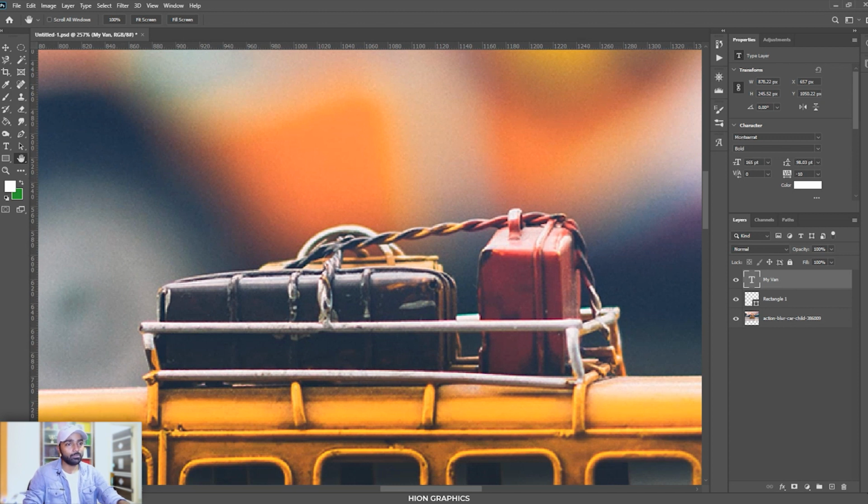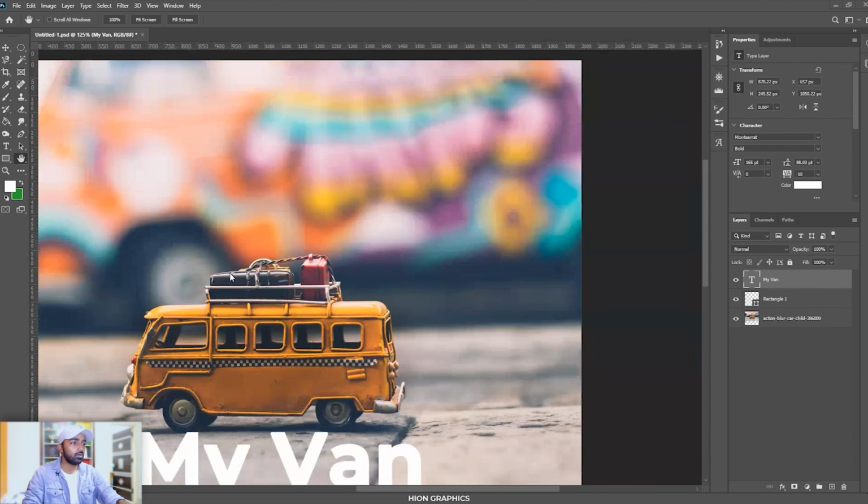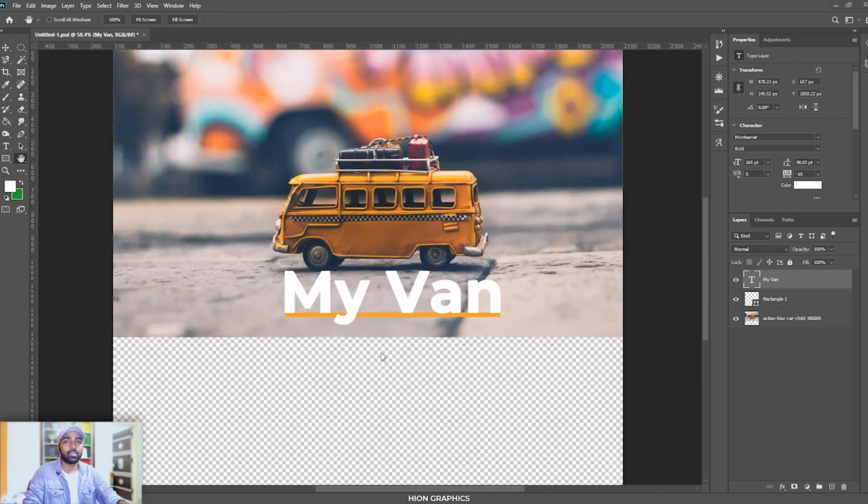Now comes an amazing part for you. It's kind of a bonus thing that I wanted to add from my end. So hand tool and zoom tool we have already looked into, and now an amazing tool that you will just like.